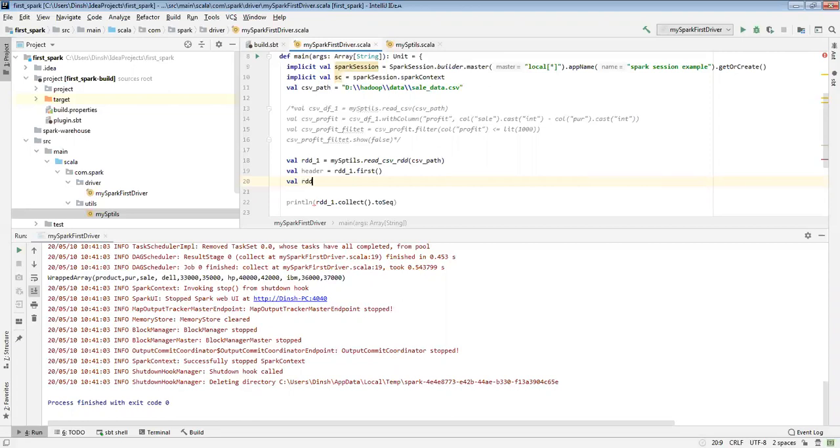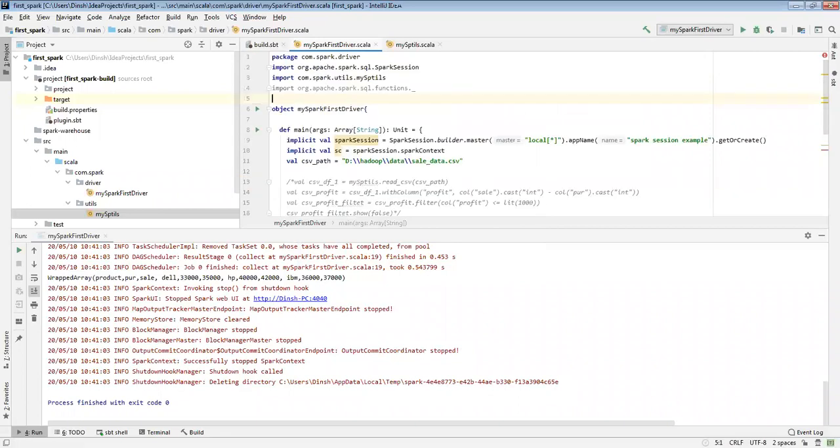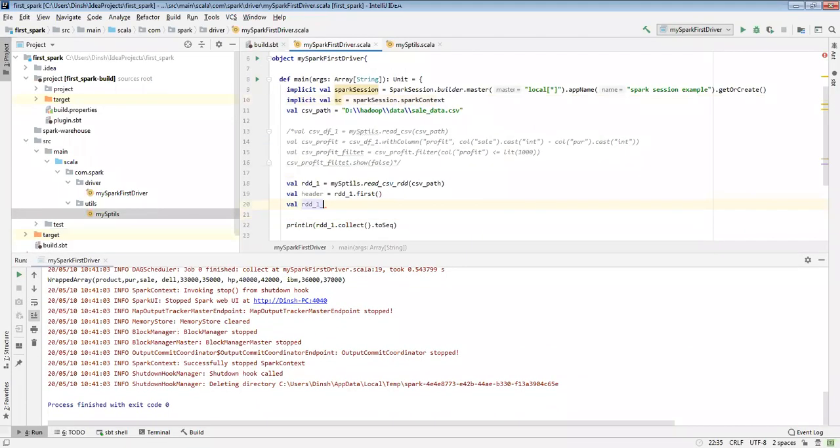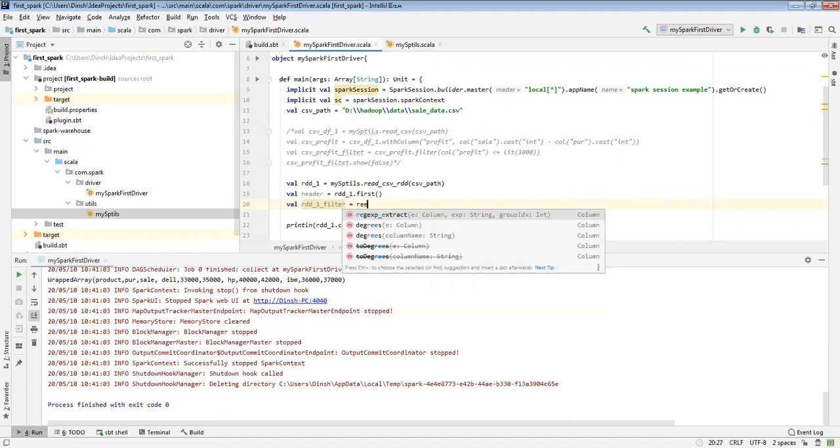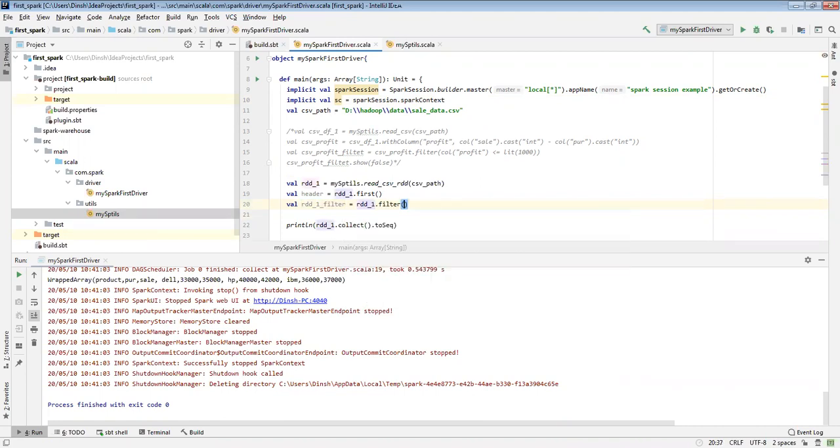Sorry, this is a very bad issue. Now RDD1. To remove it, I need to filter: filter x row, x not equal to the header.